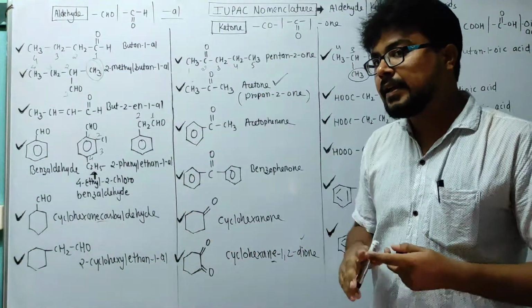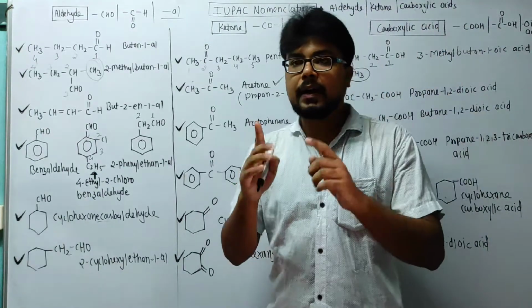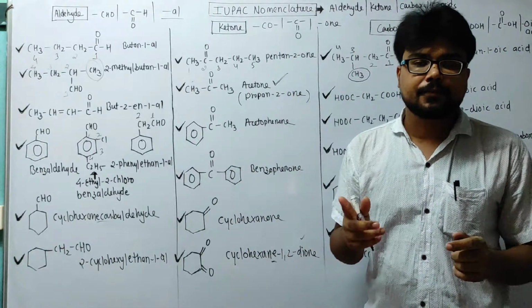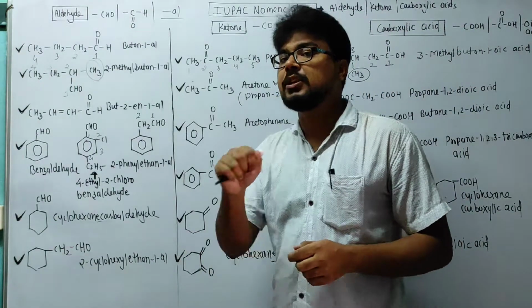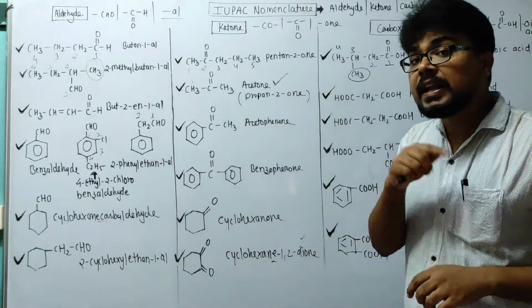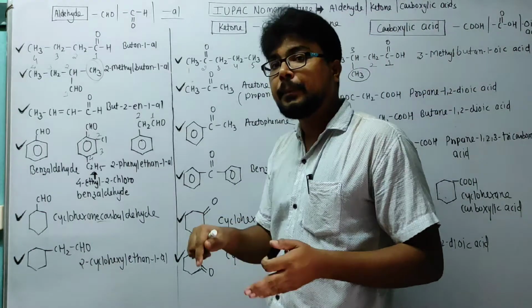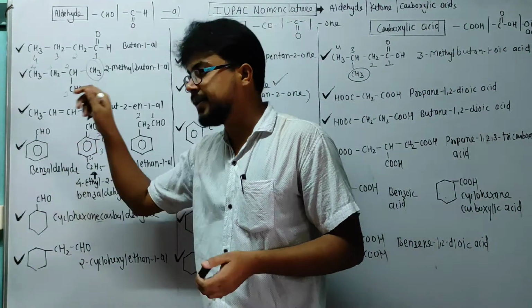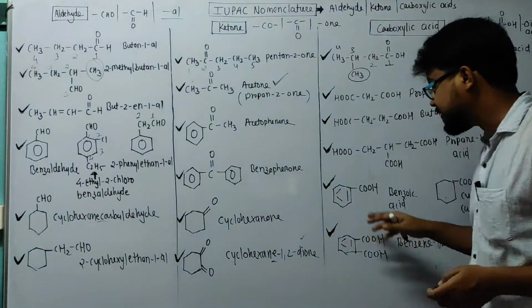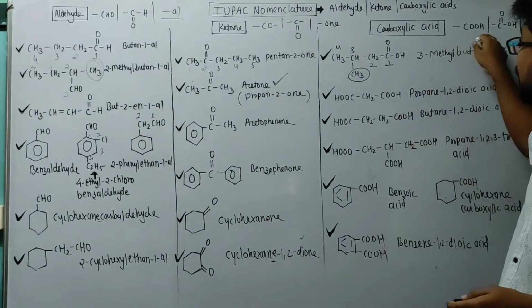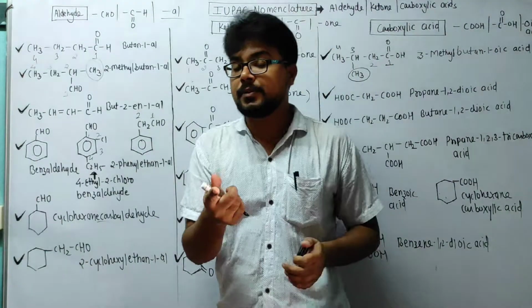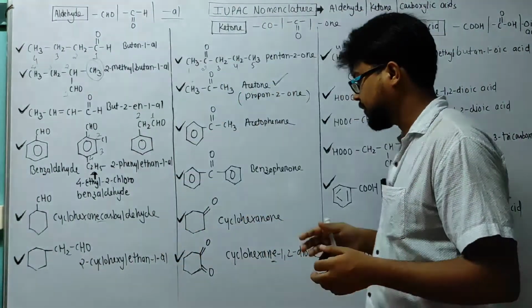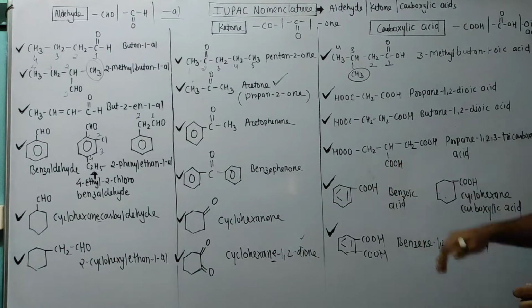What is benzyl? Next to the benzene ring, the carbon in which 2 hydrogens are there, it is benzyl. If 1 hydrogen is there, it is benzal. Check, 1 hydrogen. If 0 hydrogen is on the carbon next to it, it is C double bond O, OH, meaning H is connected with O, not with carbon. So it will be benzo. Okay, so the same concept we can use here.